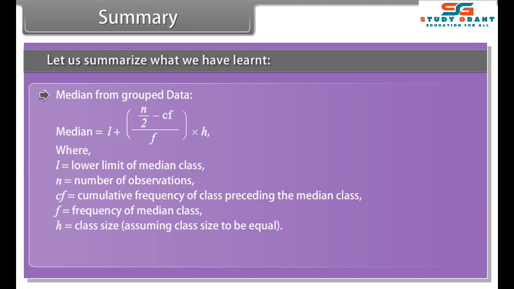The formula of mean for the assumed mean method is assumed mean plus the summation of the product of fi and di divided by the summation of fi, where di is equal to xi minus a. A is the assumed mean. The formula of mean for step deviation